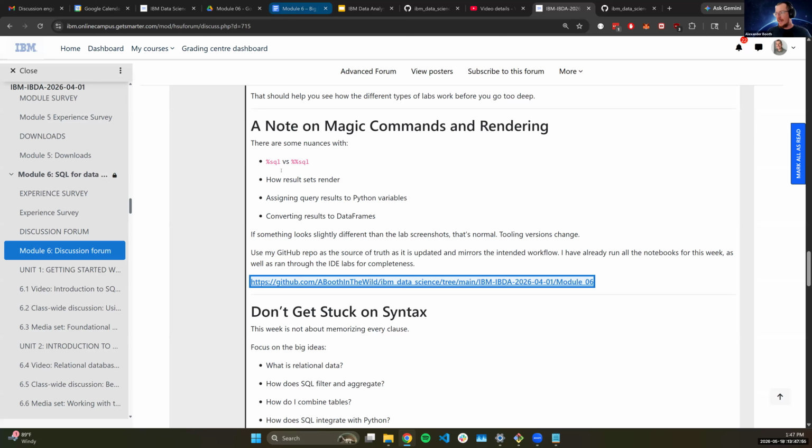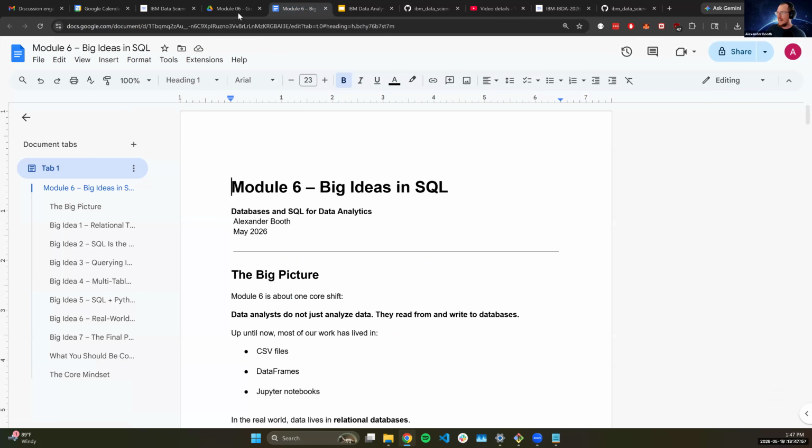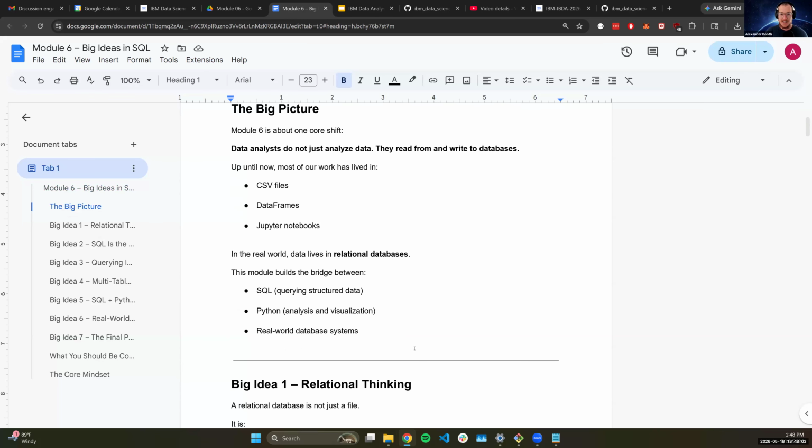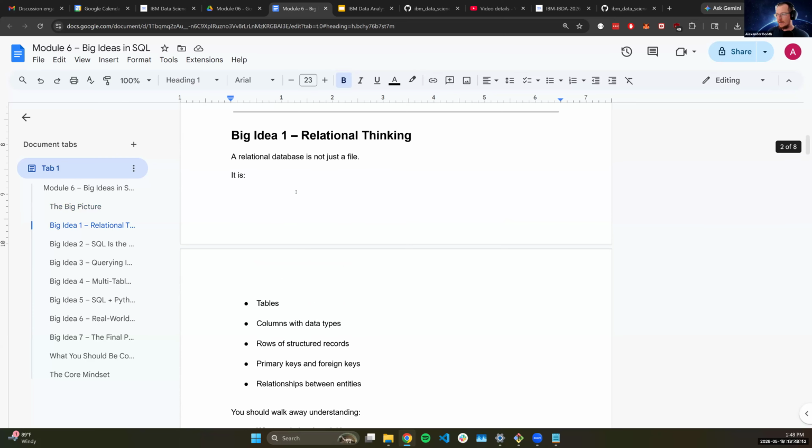Let's see, maybe we'll just jump into the big ideas that I had for week 6. I'm trying to start moving away from thinking of data as ephemeral, always living somewhere else, and starting to bring it into a single source of truth. So we're going to start thinking about relational database systems, what it means to be relational with our tables and our data objects.